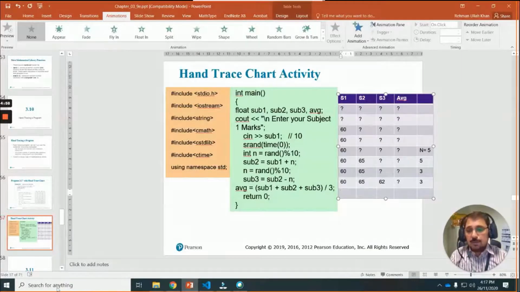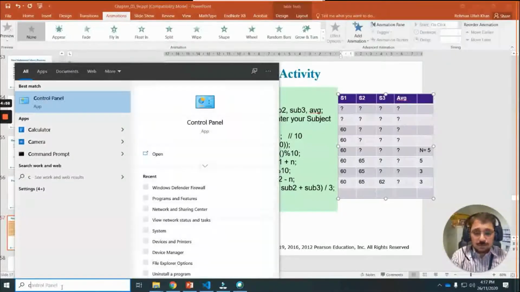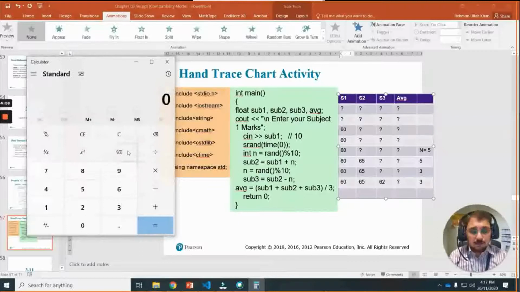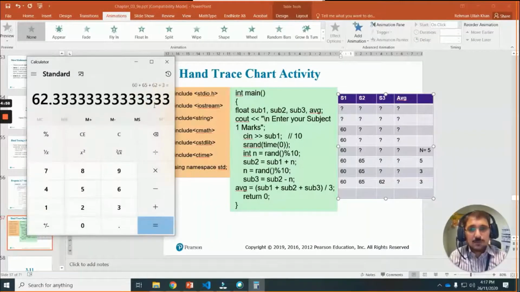Well, you can calculate. Okay, so let's do the calculation. Calculator: 60 plus 65 plus 62 divided by 3.